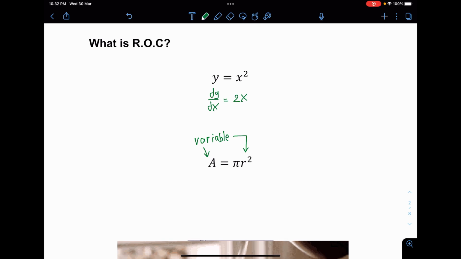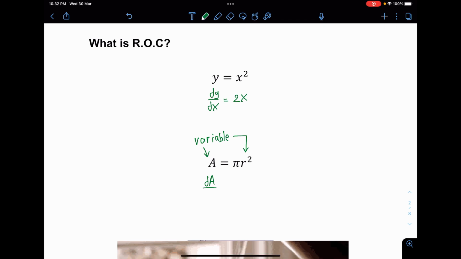If I have to differentiate this, what would it look like? If you look at how I deal with y and x squared, I have dy over dx, with dy on the top because y was the subject. In this case the subject is A, meaning I need to put the A on the top. The other variable on the right hand side, instead of x, is r, which is the radius. You should notice that this is the area of a circle.